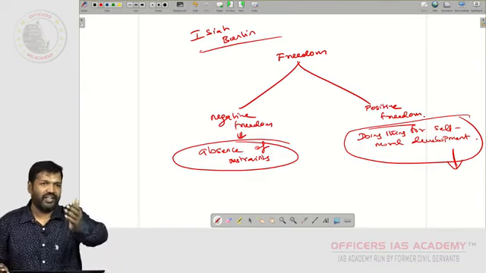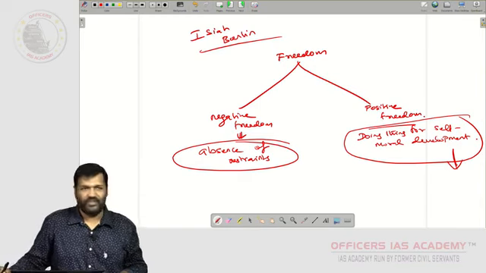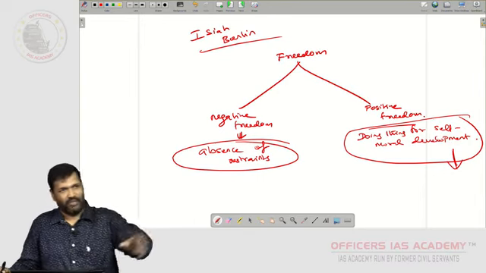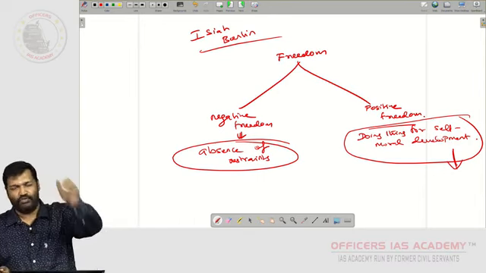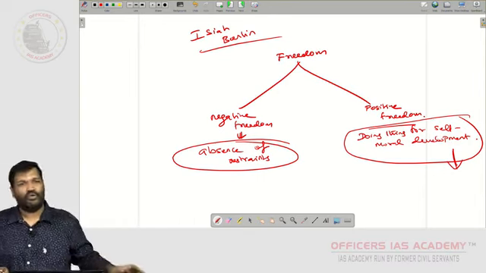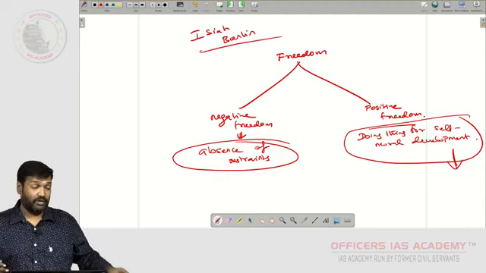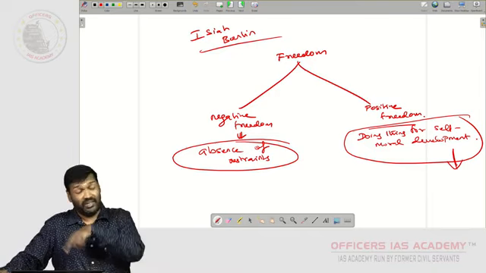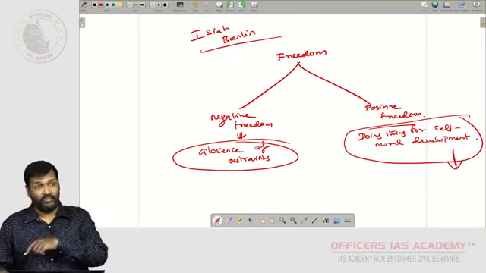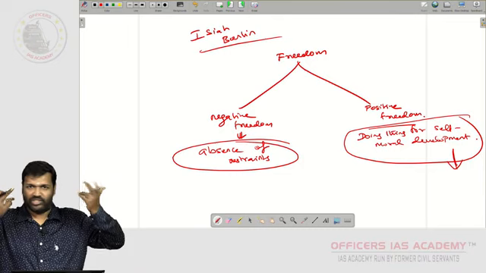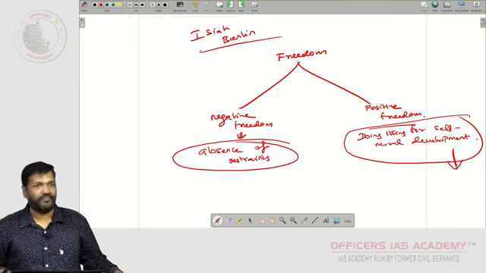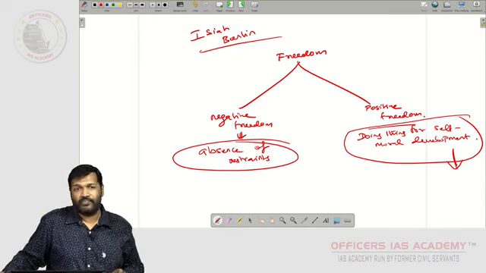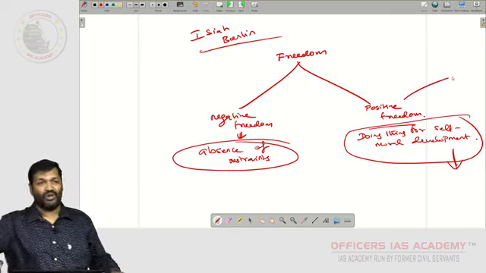Ideally, if you start thinking that way, you will never smoke. I will guarantee. Start thinking about your family, your father, your mother, your future, and other people around, that the smoke you give out, exhale, if others inhale, that will be a problem for them. If such a thought process comes to your mind, you will never smoke. That is the real freedom. That is what positive freedom is all about.